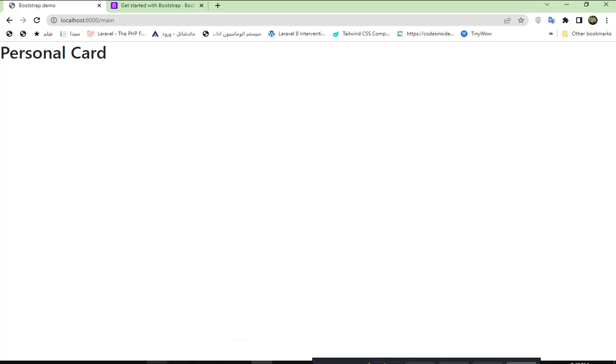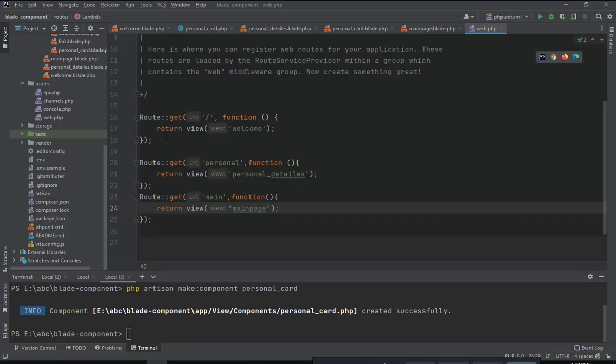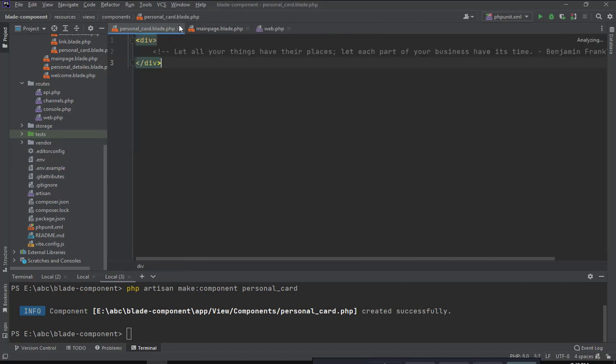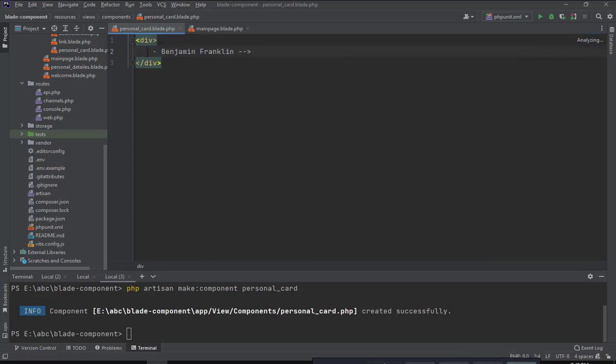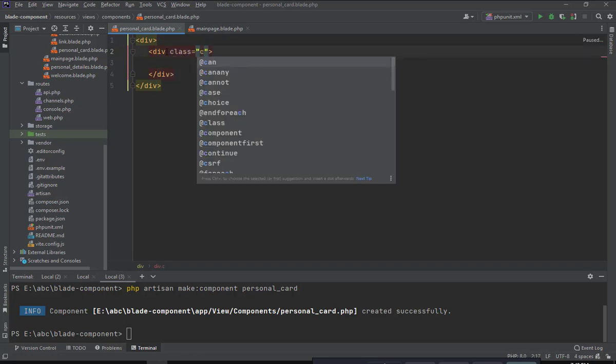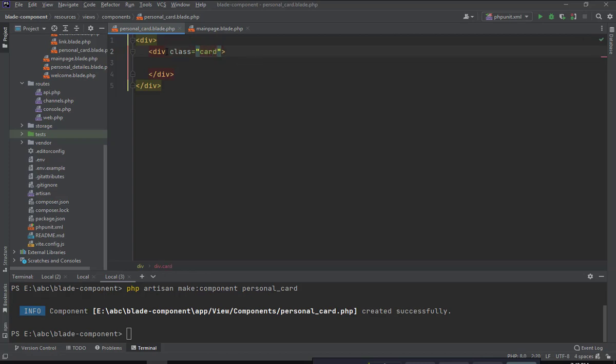So I go back to the editor and complete. I remove this from here and this from here and clear this. Okay, here I need to create a new card. So I remove this and this and say div and name it card class card, and add some